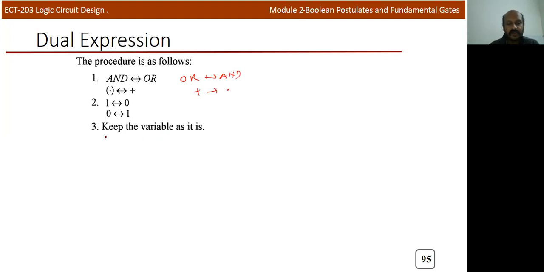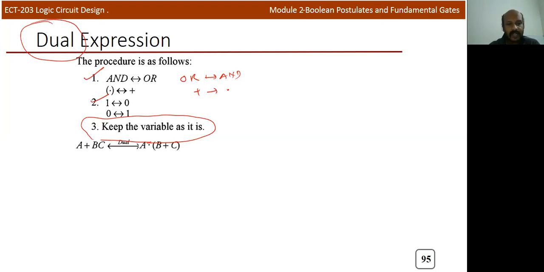This is also important when you find the dual of a function: we need to keep the variables as they are, so we don't want to change the literals. We need to keep the variables as they are, but we change the AND operation to OR, or OR to AND, and 1 to 0, 0 to 1. Don't change the variable values.